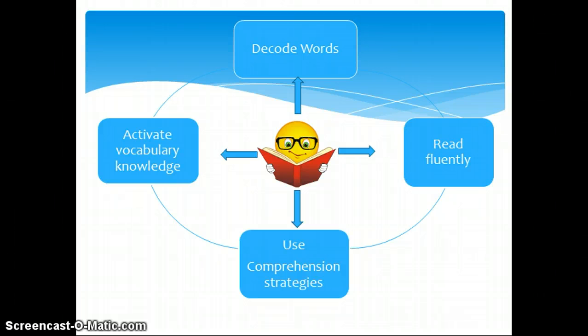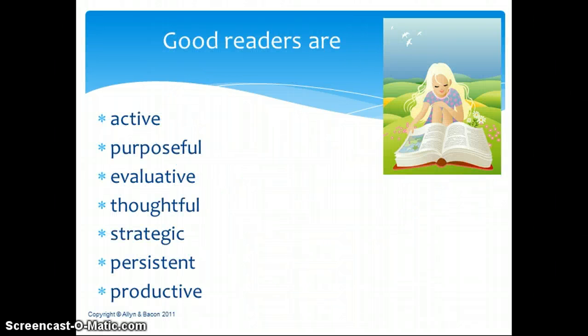Some of these strategies need to be taught to students explicitly, particularly if we have students who are not very successful or effective readers. So like I just explained to you, these are the things that good readers do, right? They're active readers, which means they're thinking as they read, and they're doing those things like asking themselves questions. They're reading for purpose, so they understand why they're reading the text and what they're trying to get out of it. They're evaluative, so they're